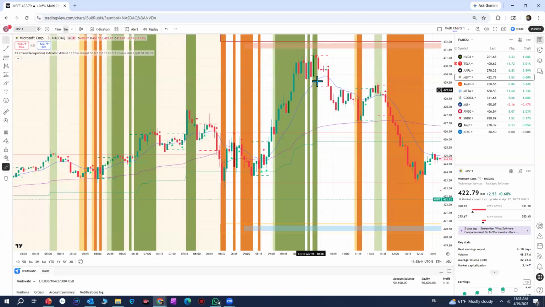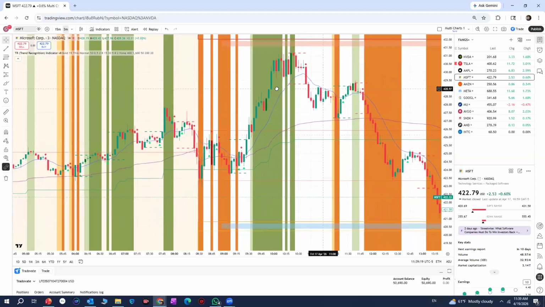And where should you target your exit? This line here. But unfortunately, Microsoft did not reach that point, and then it started struggling. And then you can see that it crossed this 15 period line, and that's where you should get out if you want to protect, because the trade is over. If you make an entry somewhere here, which is 425, and this is 429, that is $4, and maybe $1 or $2 here. Whatever you make, $1 or $2 on the Microsoft trade, and you traded 50 shares, it's still $120. So protect your capital, because once this thing started going in the other direction, Microsoft is starting a reverse pattern,